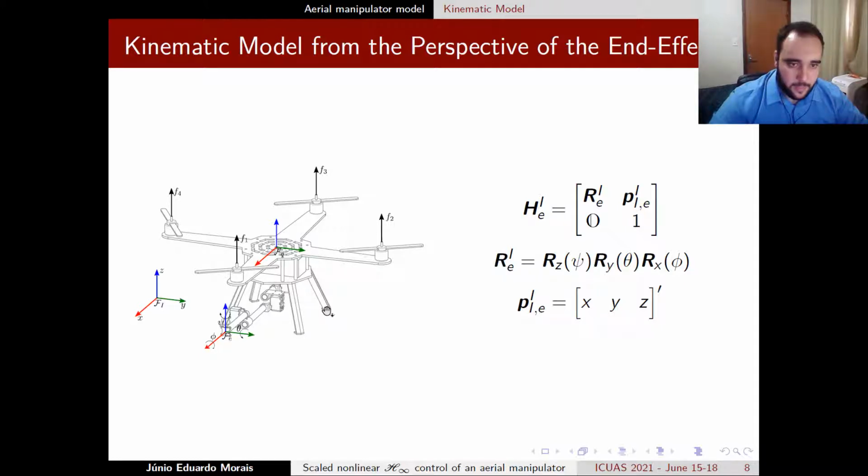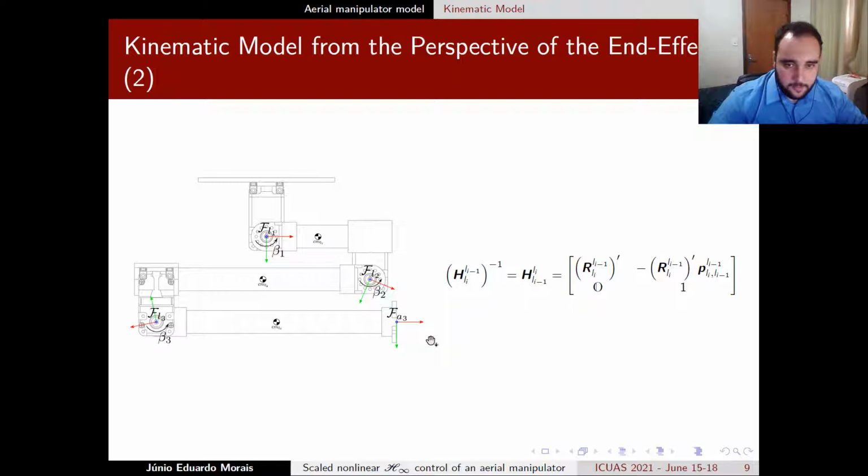And to do this, we would start the modeling from the end effector reference frame, obtaining its pose using this homogeneous transformation matrix, in which we use the same Euler angles using the same convention to describe its position in relation with the initial frame. In this case, we then use the inverse of the Denavit-Hartenberg matrix shown previously to work backwards in the kinematic chain, and would eventually obtain the pose of the quadrotor UAV.